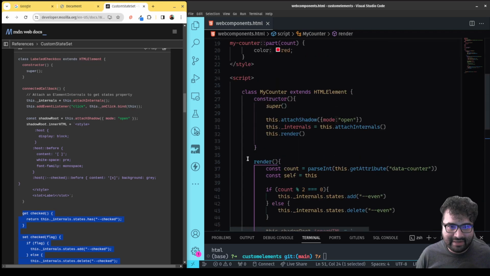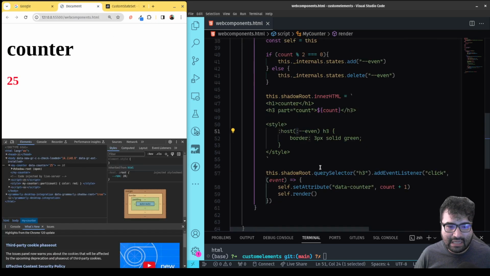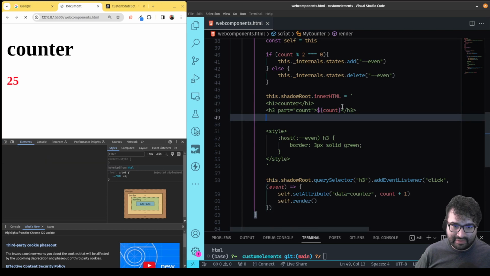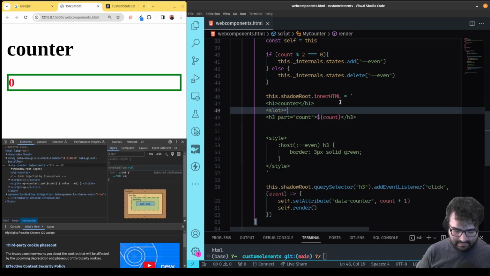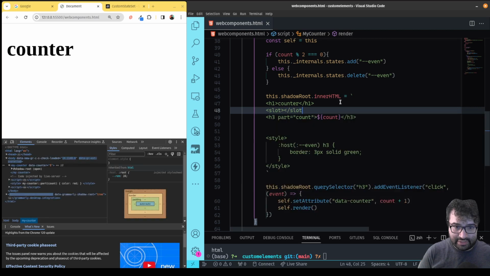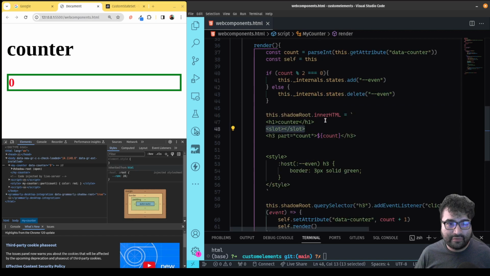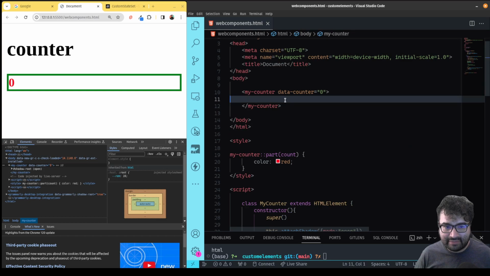Last thing to talk about is slots. Basically what happens with a slot is that in your template, I can add a slot tag. Actually, let me put this right here so you can see that I can put it wherever I want. Slot, slash slot. And what the slot does is, if I go back to the HTML and put something right here in the wrapper, I can say, hey,